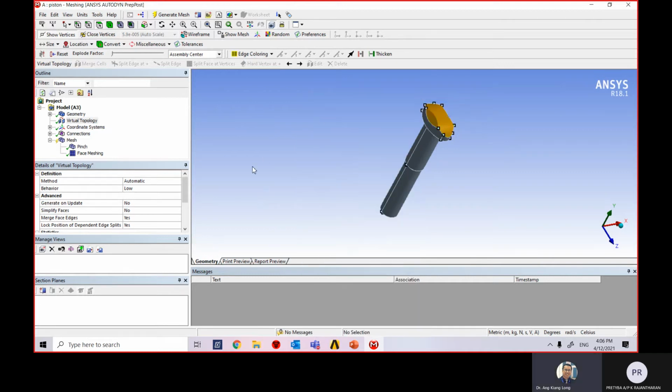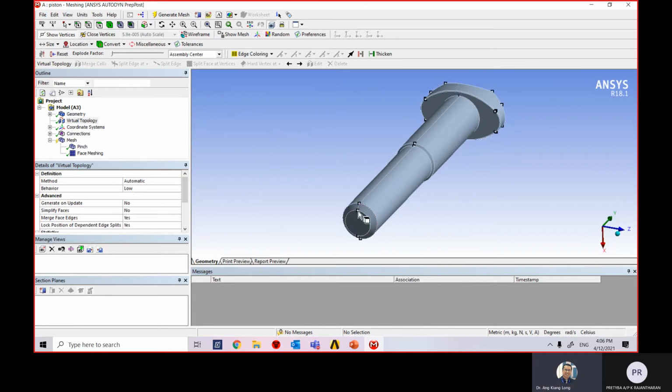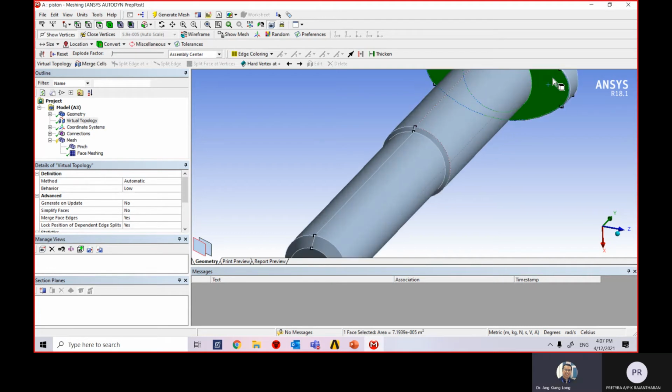So the virtual cell will be activated. Then you rotate to the bottom. You want to add more to the virtual cell. Not this one yet, but we will add this bottom, the green color. So again, highlight the face selection. We want to highlight this one. Okay, this one, and then if you zoom in,